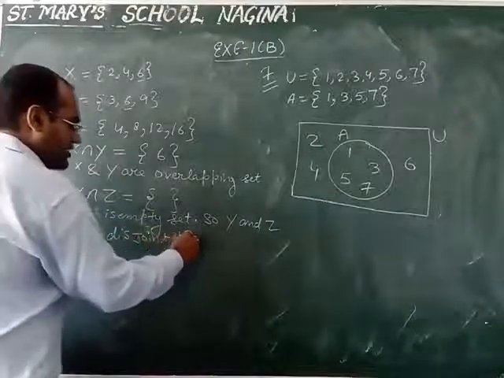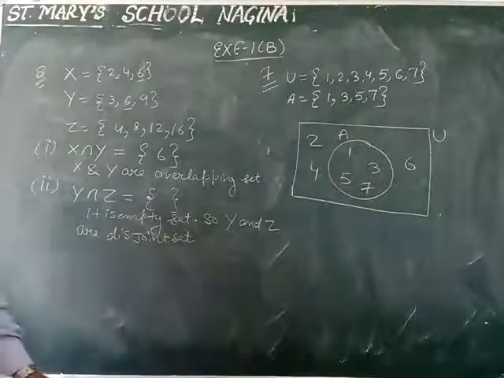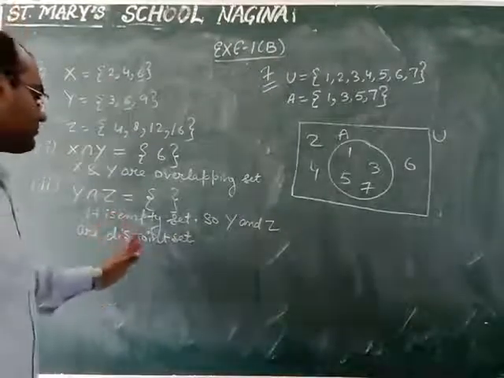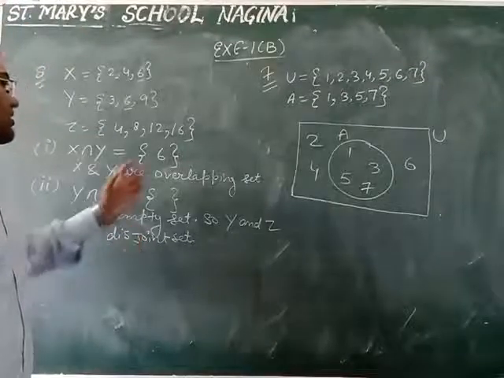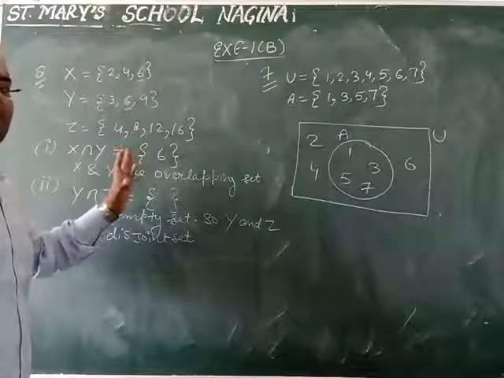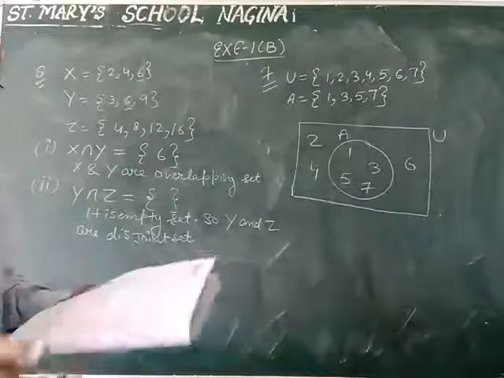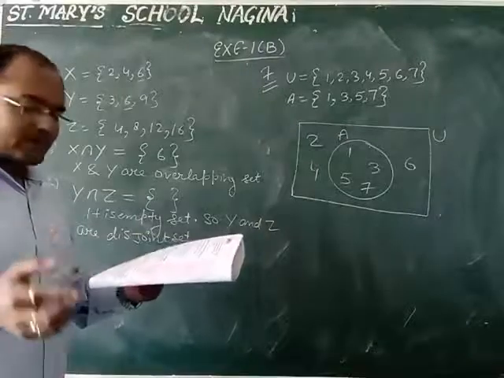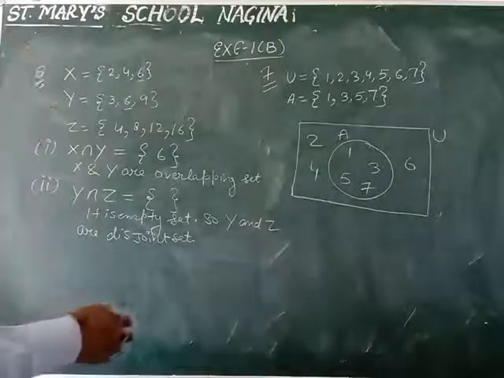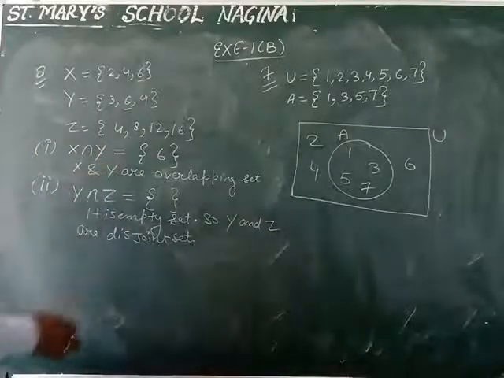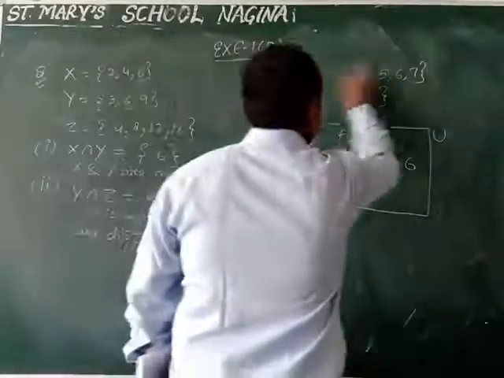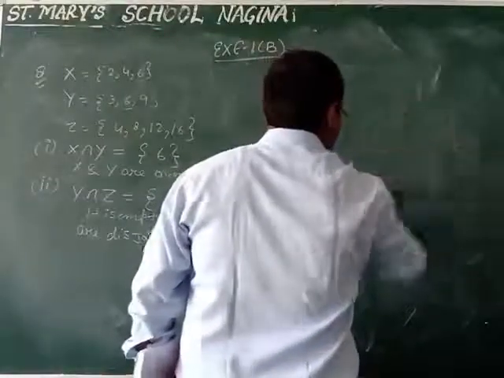So in a disjoint set, what you have to remember is that when we find the intersection, nothing will be common in that. That's why we say it is a disjoint set. Overlapping means whenever a common element comes, an intersection will be there, then it will be overlapping. Like this you have to do the third part also, and at the end of the question it is written to also show them by Venn diagram. You have to draw the Venn diagram also. So for the first part, how will we draw the Venn diagram?